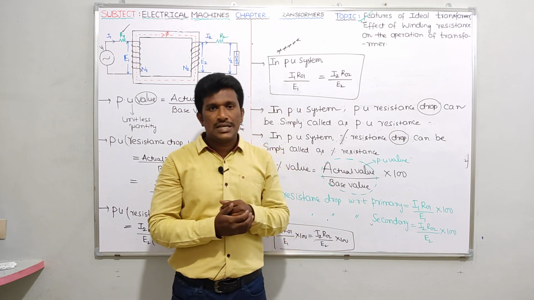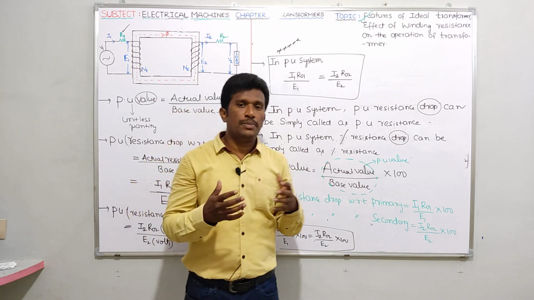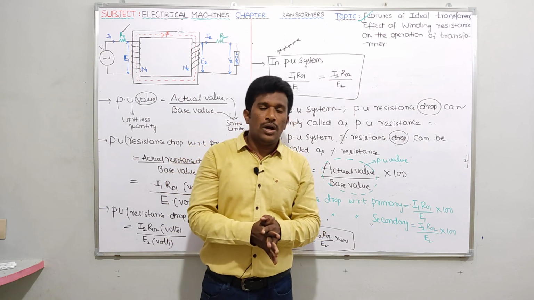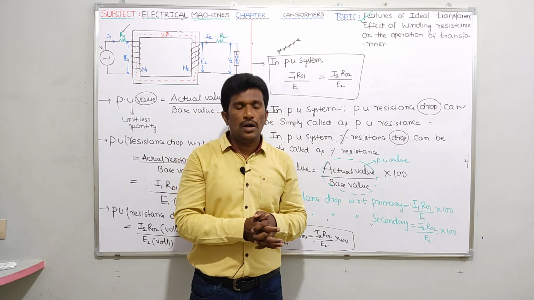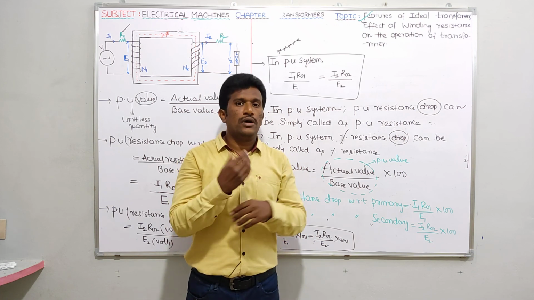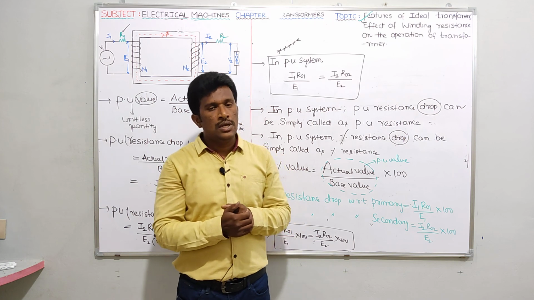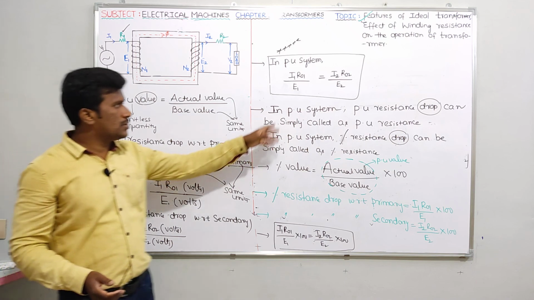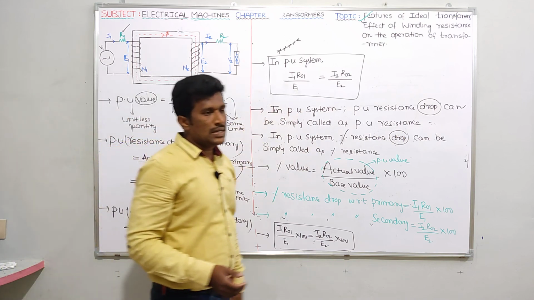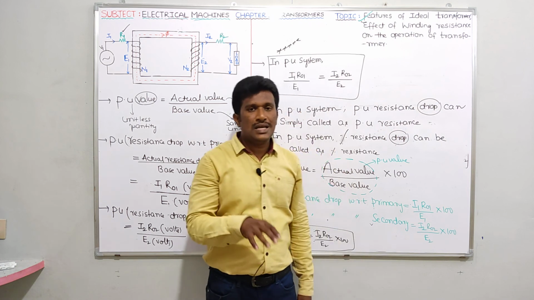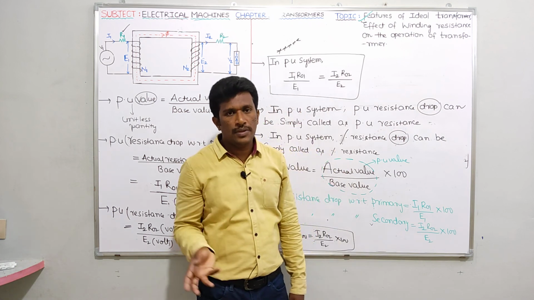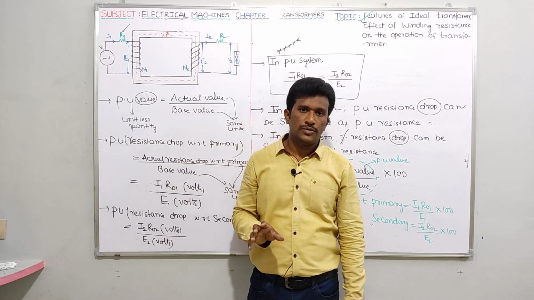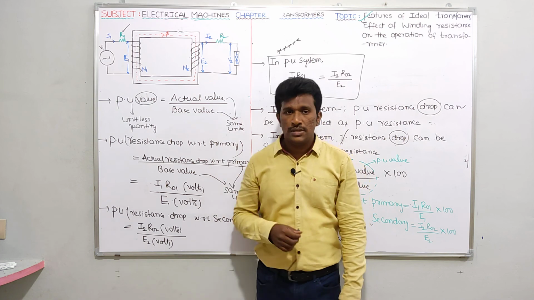So after discussing the exact equivalent circuit of the transformer, we'll discuss some previous GATE questions up to the equivalent circuit of the transformer. Whatever previous questions are there from GATE, all those things we'll discuss. Then we'll go for the losses topic. Is it clear, guys? So here there is no need to get confused. Copper loss means, as I told, I square R. Generally copper loss can be called a variable loss because it varies with load, with load current. All those things will come clearly once again in the copper losses topic. Don't worry. Please note all those things. Thank you.